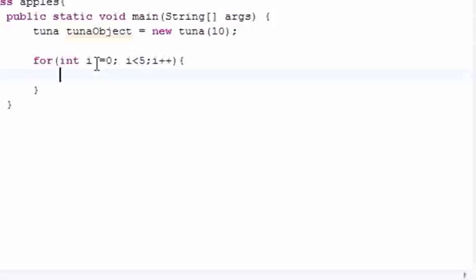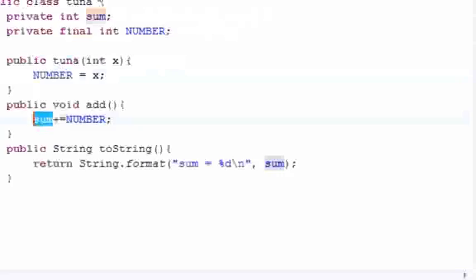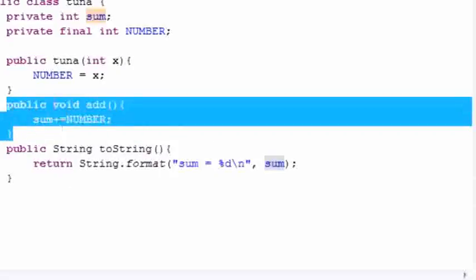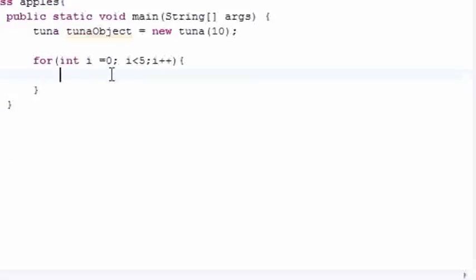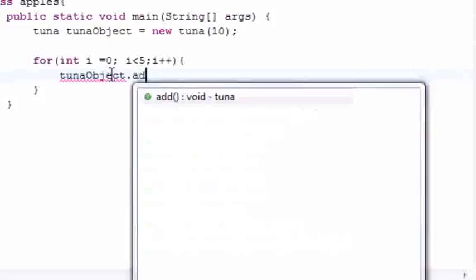Now we can go ahead and say, what do we want to do 5 times? Well, let's call this add method 5 times. So the first time it's going to be 10 when it adds it. The second time it's going to add another 10 to it, so it's going to be 20. Then it's going to be 30, 40, 50. Simple enough. So let's go ahead and add tuna object, and how you use it is add right there. So now we did our method